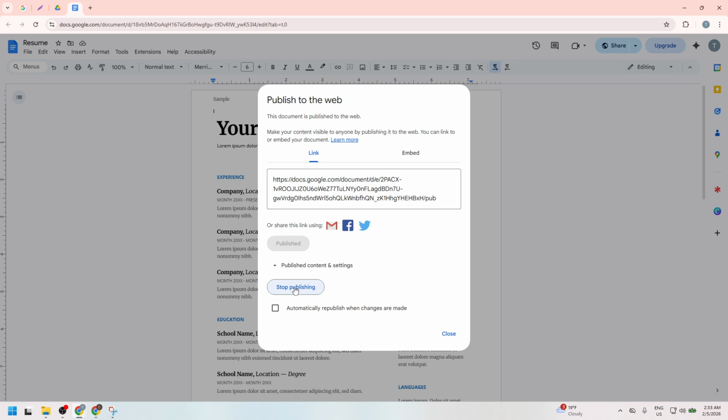This simple adjustment helps teams avoid accidental releases and gives you a predictable cadence for updates. It pairs well with using comments or suggesting mode for review, and it reduces the risk of an unfinished change slipping onto your website or intranet. That's it. You've set your published file to update only when you choose, not automatically. Use this whenever accuracy and timing matter, and enjoy the peace of mind that your audience sees only the approved